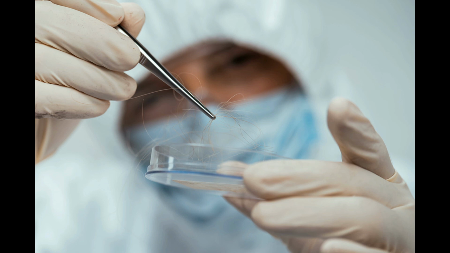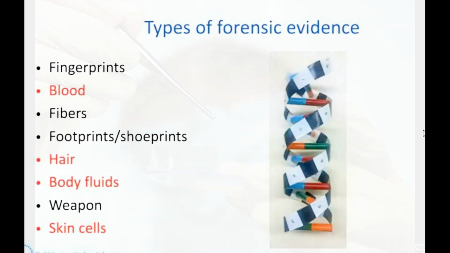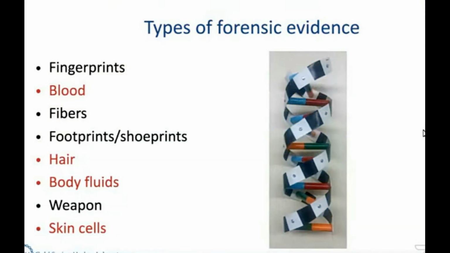Now, like I said, for hair it depends on how the hair was left at the scene of the crime. It has to have a little bit of the skin tag left on it to really recover usable DNA, but it might. And so if we were able to get some of these things, we might be able to identify DNA that was left by someone who was at the crime scene.